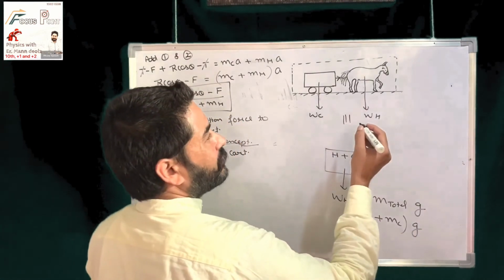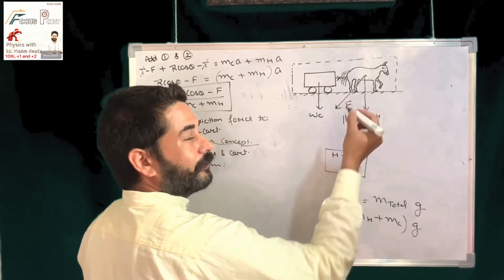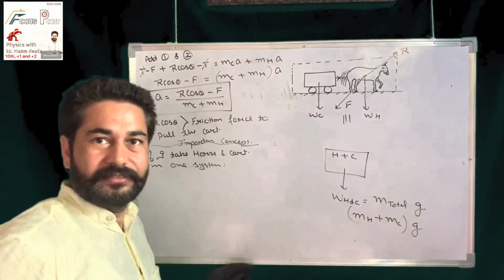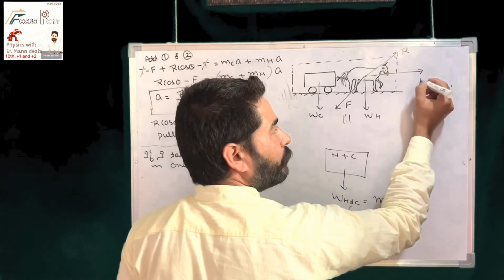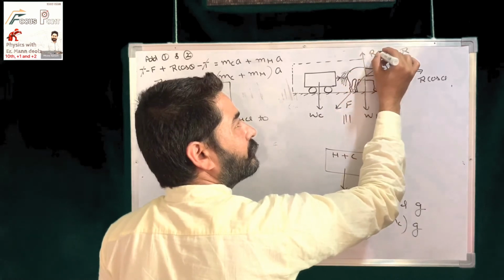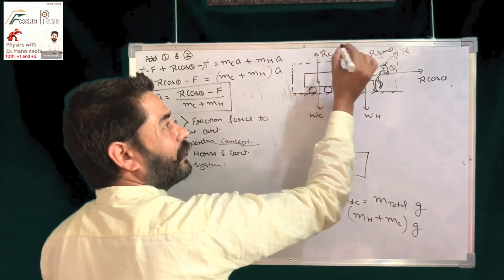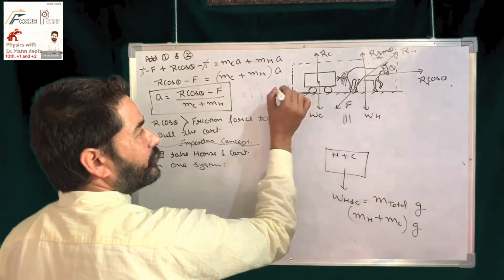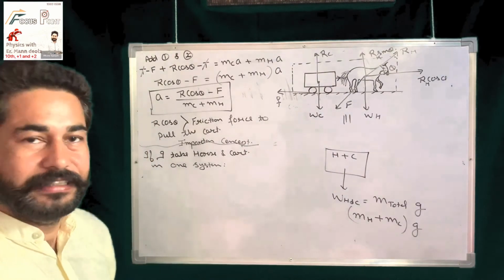Okay, other forces are acting. This horse is applying a force at some angle, which we have already discussed. So in response to this force, it will get a reaction in the opposite direction of the same magnitude. It would have two components. One will be R cos theta, if this is angle theta, and then this is R sin theta. This is the reaction on the cart, this is the reaction on the horse, you can say. Okay, then friction force is acting on the cart as well as on the feet of the horse. Combinedly we are taking it as a friction force.